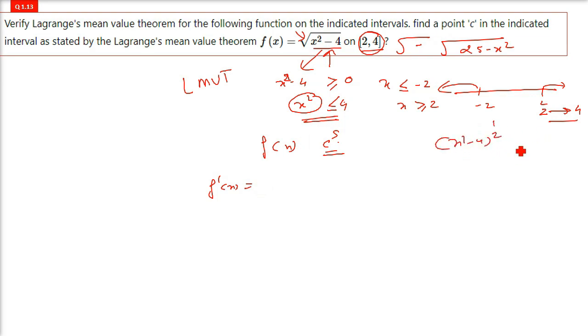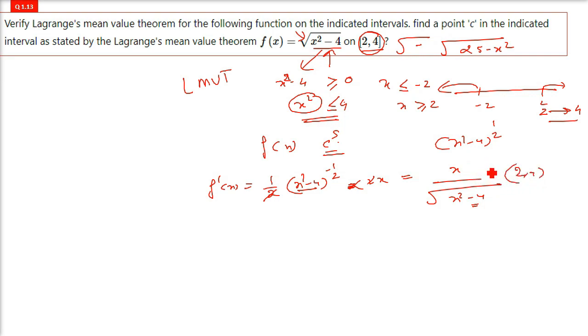Then we go to this differentiation, n x to the power n minus 1. You can do half, x square minus 4 to the power half minus 1. That is negative half. This x square minus 4, this will be 2x. The differentiation of x square minus 4 will also be done. 2 gets cancelled. You have x divided by x square minus 4 to the power half in the denominator. Now this is between 2 and 4, and you will get at least a single value, means there can be multiple, but there will be some value between 2 and 4